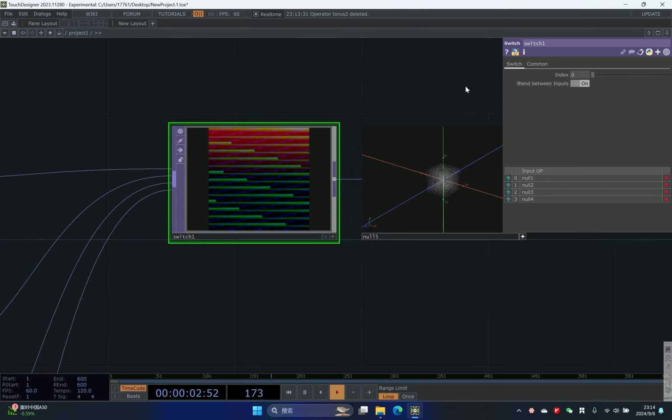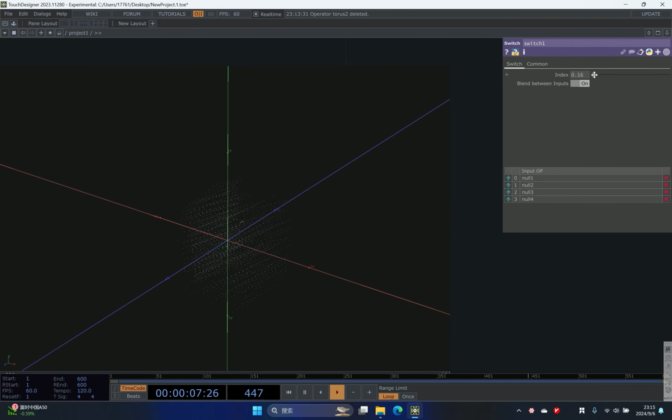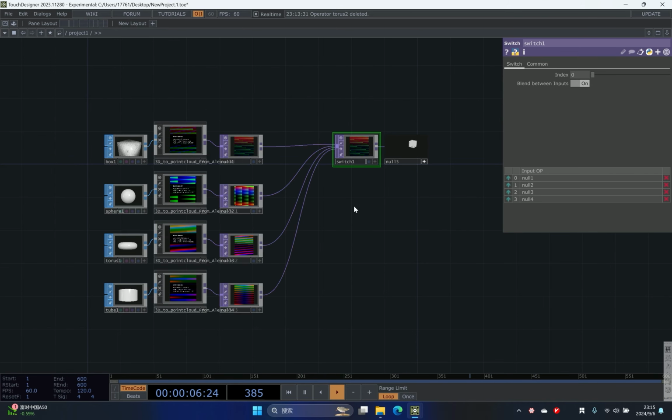But when we switch, notice how the transition happens. It's actually not as smooth as we expected, right? Why? If we take a look, it was actually mentioned in the previous tutorial. You can see if we click the middle mouse button on null 1,